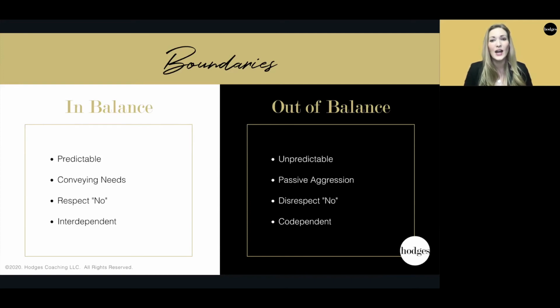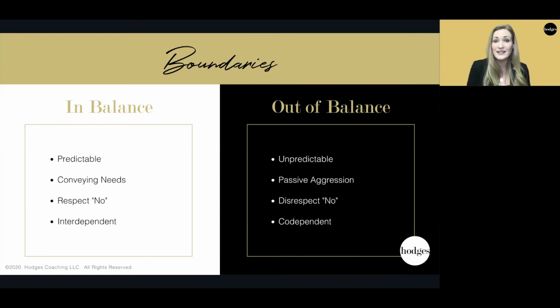And so they'll take on way too much for affirmation, or to endear themselves to the moody leader, and that creates an environment of codependency. But when boundaries are in balance, then it's a very predictable, safe environment where everybody kind of knows each other's values. And if they don't, they can speak up and acknowledge them, and other people will respect them.